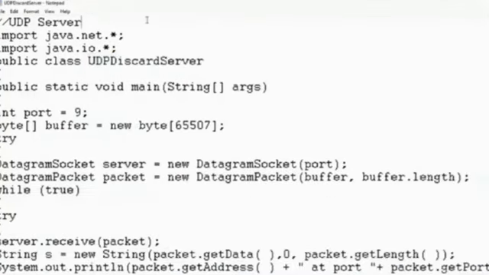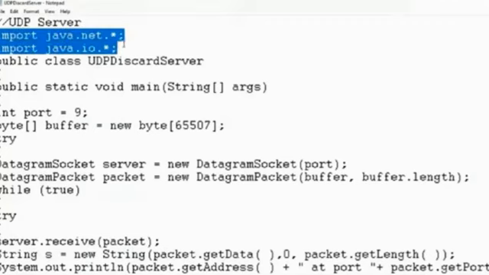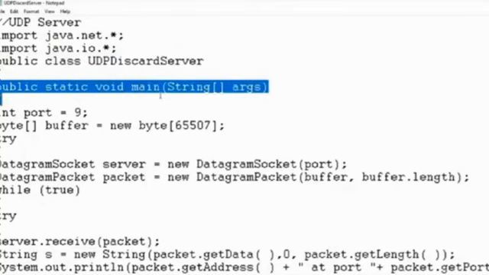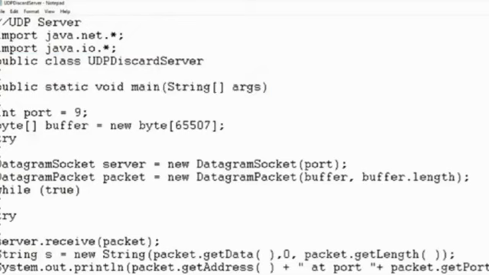In this UDP server, I have imported two packages that are needed, that is the net package and the io package. The class I have written here is public class UDPDiscardServer. The main method is written here: public static void main with String array args. One port is initialized here, port equal to 9.